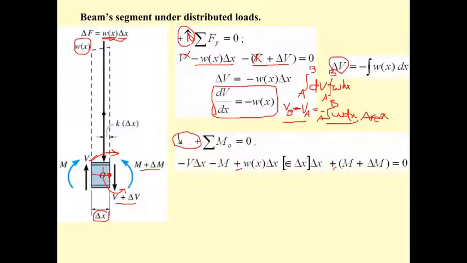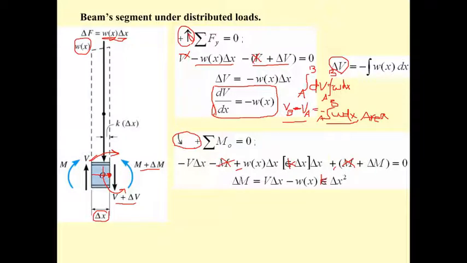When you do the computation, you may get delta M equal to this. To cancel the M, we have V times delta x minus w, sorry, this is supposed to be k, this will be k